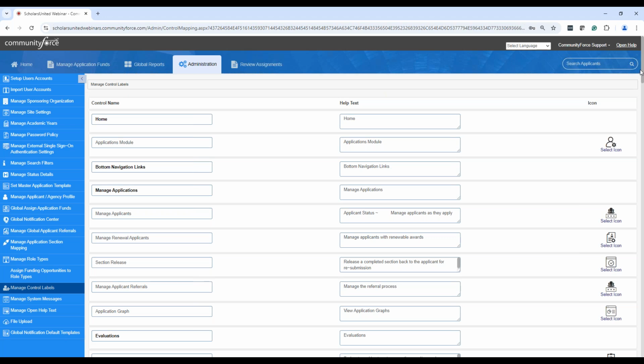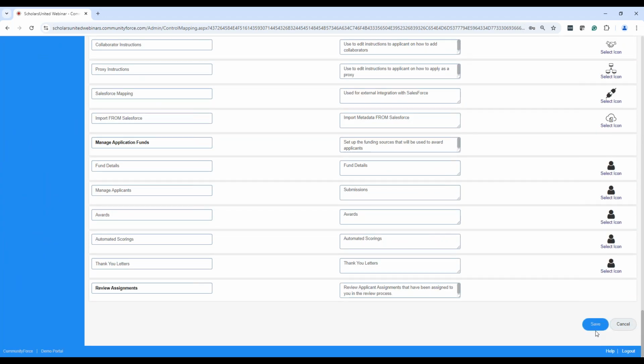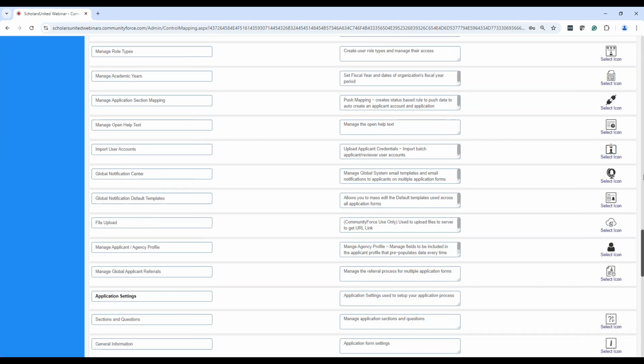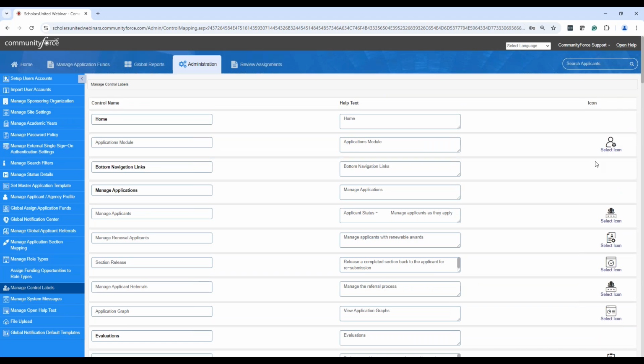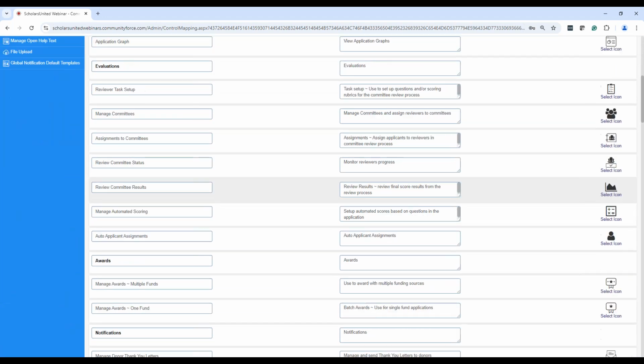And then once you make that change, you notice you can do multiple at once, but I'm going to give you a word of caution. Make the change, scroll to the bottom, hit save. Then open up the edit again. As soon as you hit save, the edit's going to close. But any changes you make,